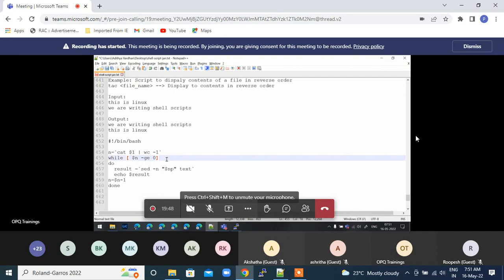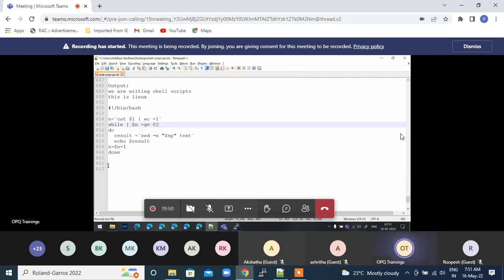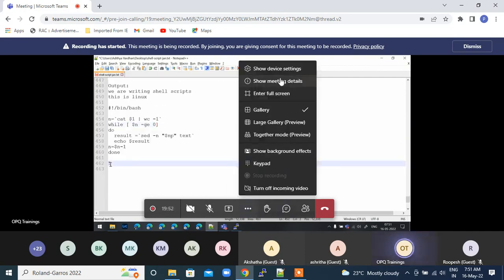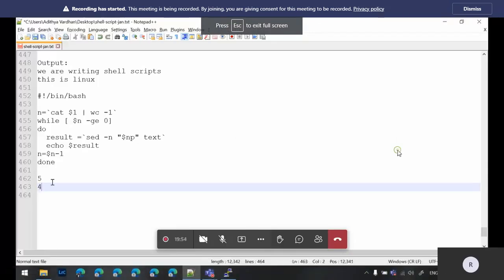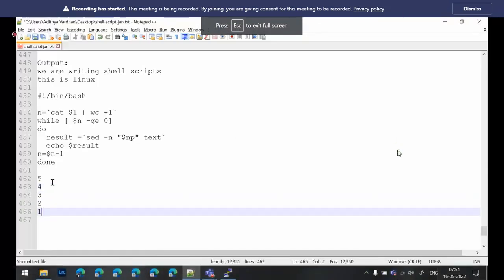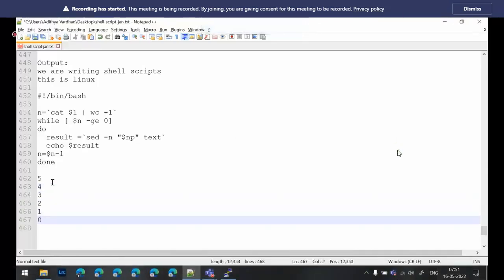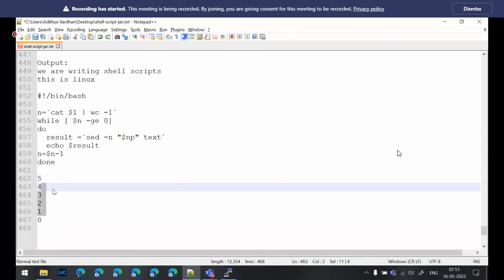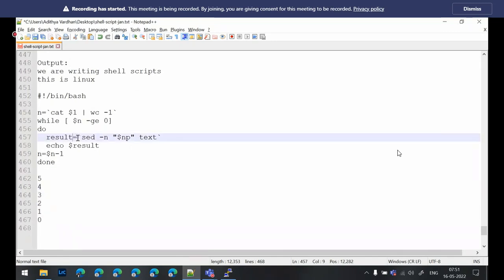$n is greater than 0. That means, let's say if you have 5 lines, we will keep on decreasing this number: 4, 3, 2, 1. So when it gets to 0, then we can get out of the while loop. So while $n is greater than 0, do result equals to -n,